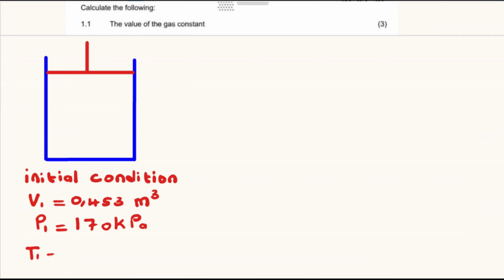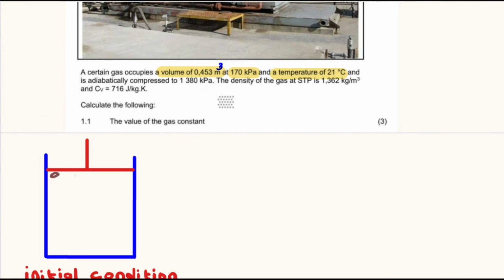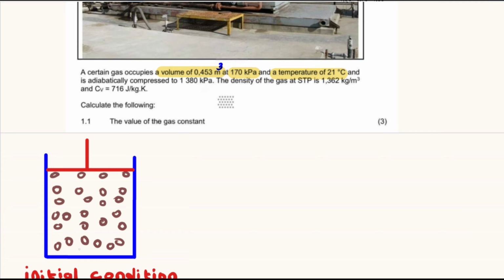So we have T1 is equal to 21 degrees Celsius, but then we have to convert it to kelvins by adding 273. So this will be equal to 294 kelvins, and this gas will be adiabatically compressed. For now, it's occupying a volume of 0,453 meter cube at 170 kilopascals and a temperature of 21 degrees, and it's now adiabatically compressed. And when we adiabatically